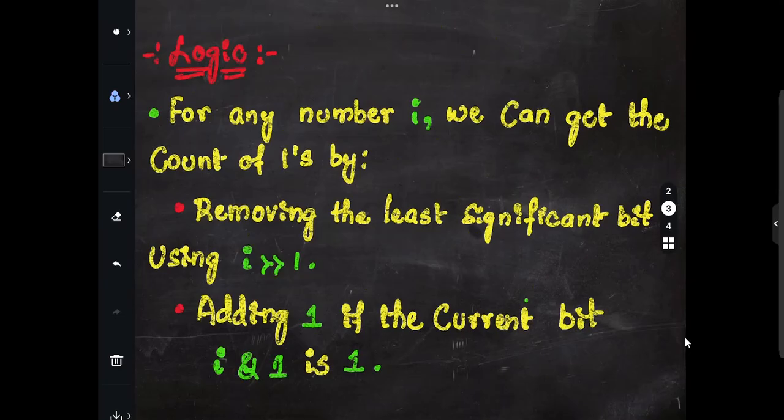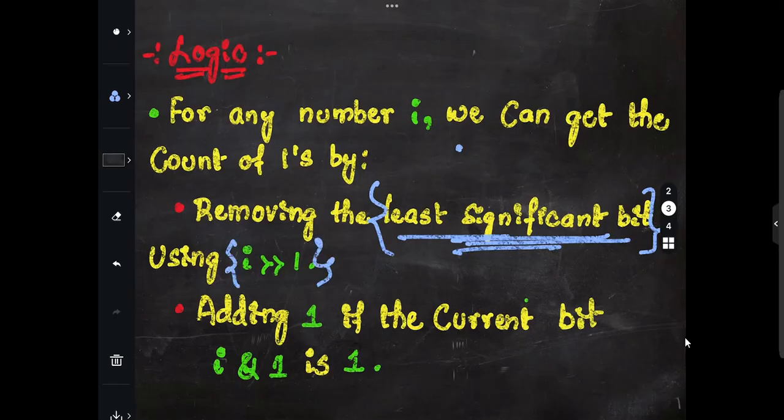Basically, for any number I, we can get the count of ones by removing the least significant bit. Just remember this one. Using I, we will be making use of the right shift operator, so we can just remove the least significant bit, right? By making use of the right shift operator, here you can clearly see